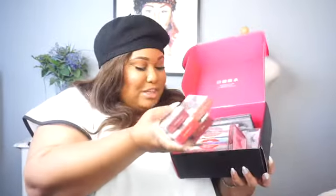Huda Beauty, you guys. Oh my gosh, they sent me this huge package. I have 2 more things that they sent me down below, but it looks like they sent me all of their lippies, and they sent me a ton of their lashes. Right now I have on the Sasha lash. They sent me the Sasha lash, the Samantha lash, Noelle, Sarah. This would be all the girls. Scarlett. I have all of these lippies, you guys. Oh my goodness. And that is not it. That's not it. They sent me,